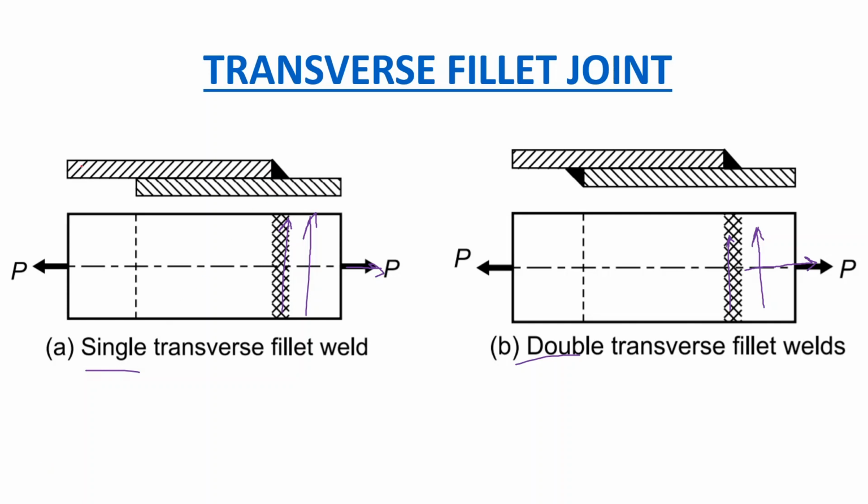Now, in this case, you can see that plate 1 is overlapping the second plate, and the welding is done only at one edge. Okay? We haven't done the welding at the second edge. There is no welding at the second edge. So these type of transverse fillet weld are known as single transverse fillet weld, and the single transverse fillet welds are generally not preferred